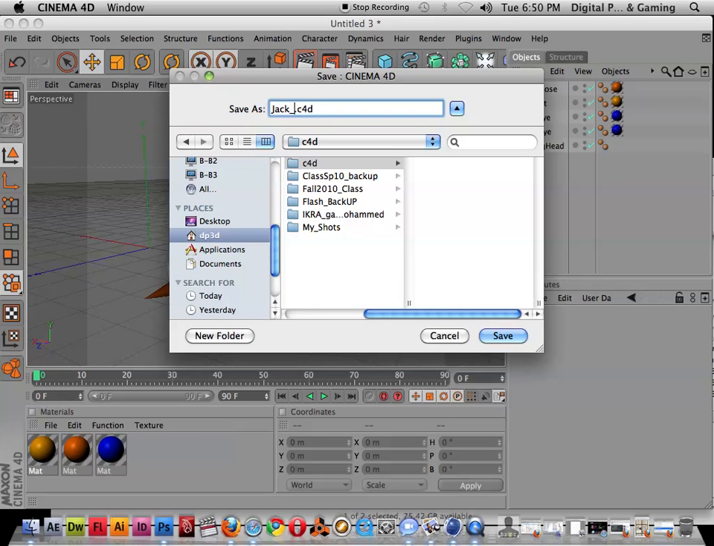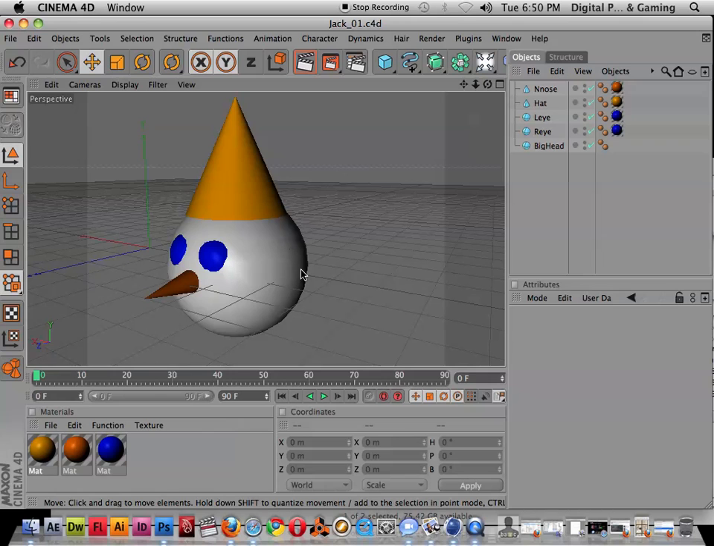Now, it's good to name the object. Let me teach you a little bit about naming convention. So Jack_01. Always use 01, 02, 03, 04. Hopefully, you don't need more than 99 versions to do Jack. But always save 01, 02, 03 as you go along. Okay? All right, I'm going to